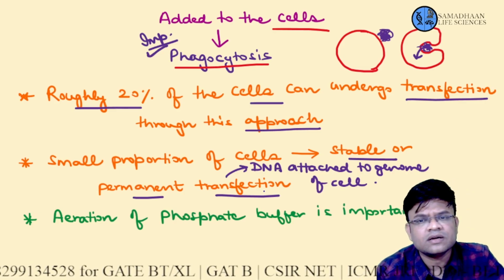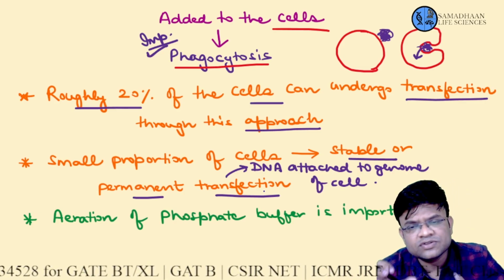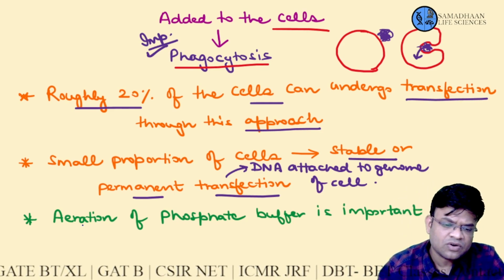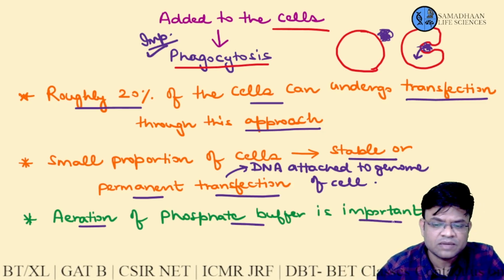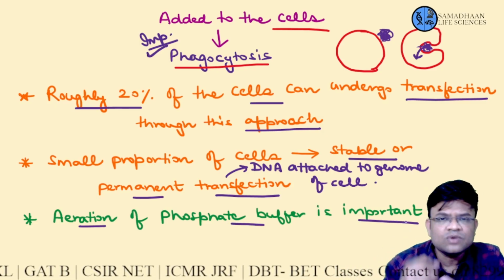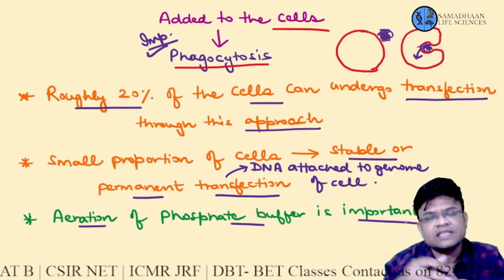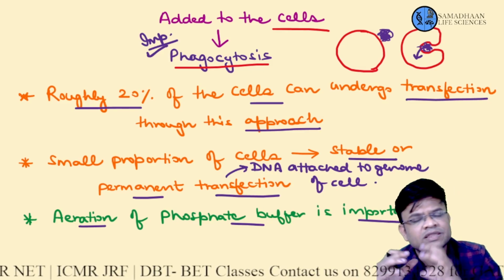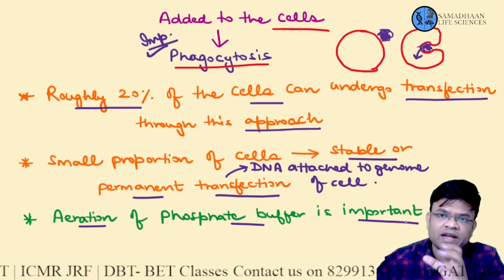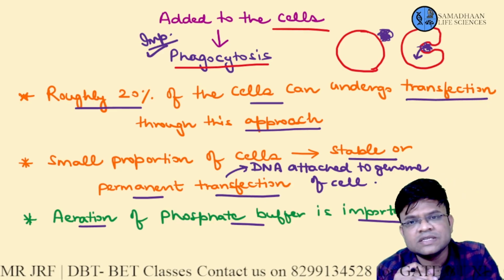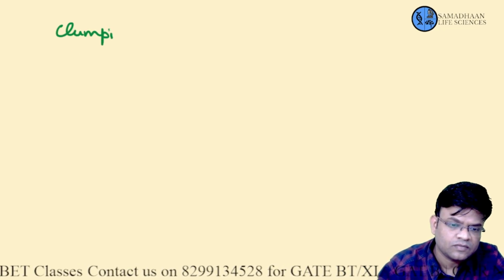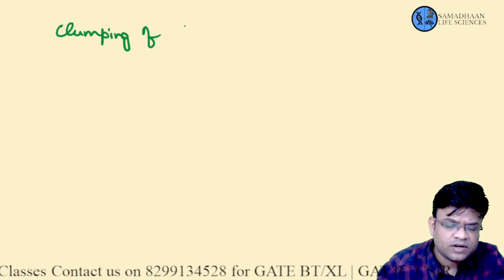One more important thing needs to be kept in mind when you are doing transfection. This is aeration of phosphate buffer is important. That means you continuously provide air inside the phosphate buffer. Why is that so? Because when you are adding DNA to phosphate and then you are adding calcium chloride, there are chances that clumping of DNA